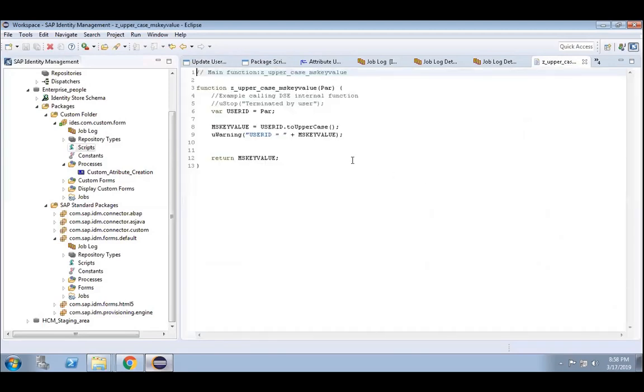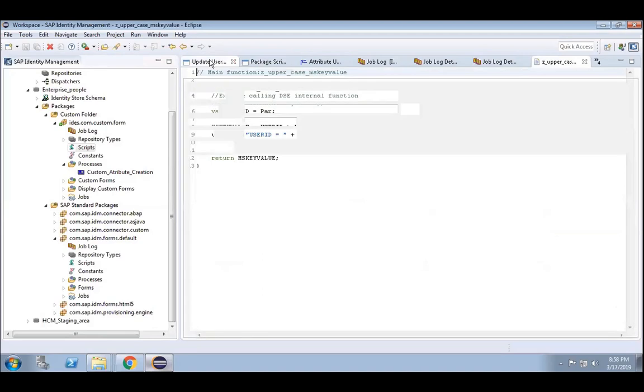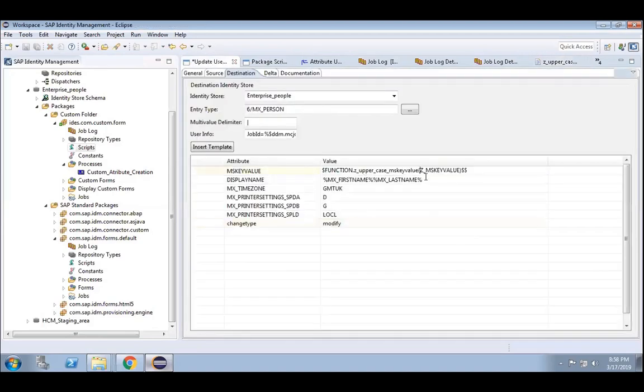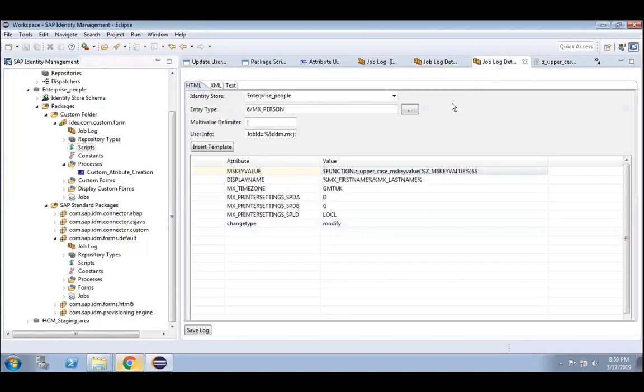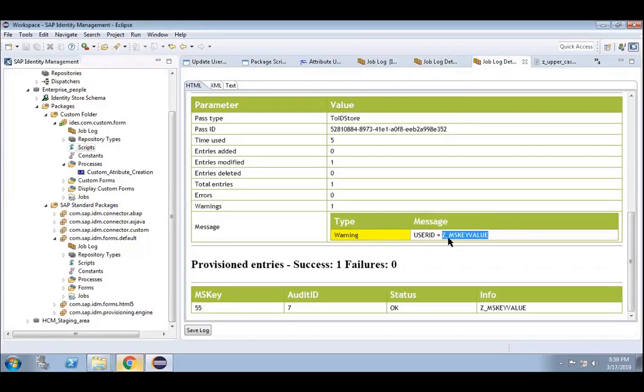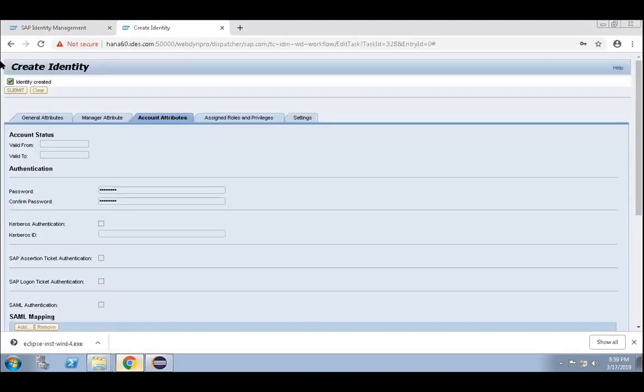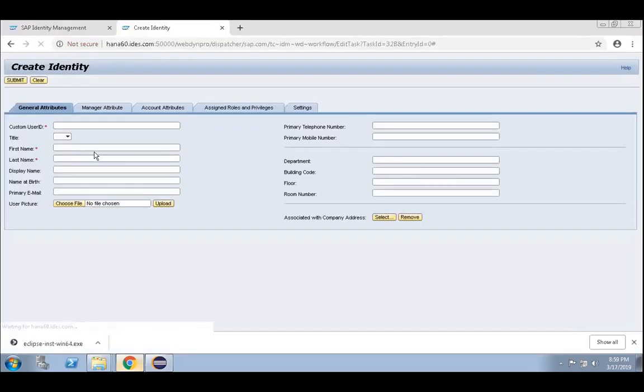The warning message is showing the attribute. Oh, you have to put it in percentile. Yes. So when I saw that hard-coded, it is showing that. So now you can understand the purpose of the warning message, because I am passing some wrong value.